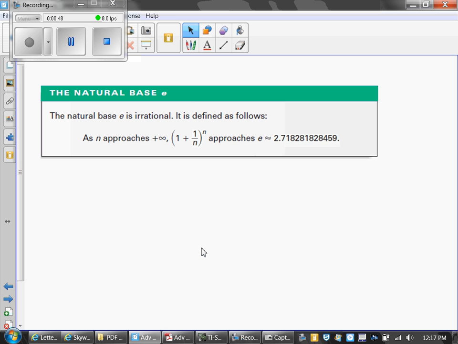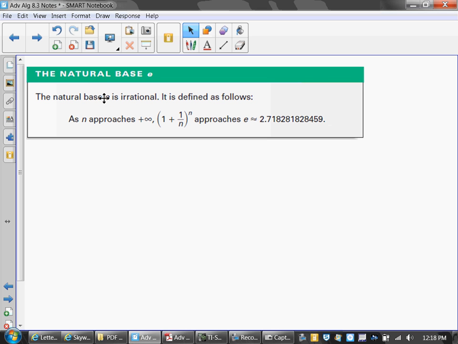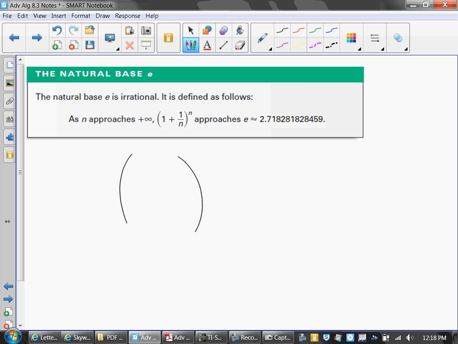It's called natural base. And as we get into this more and more, the second half of this chapter deals with what are called logarithms. And natural base and logarithms all kind of go hand in hand. Where this comes from is the following, and in this case we're going to call this just a statement. Later on in math, you're going to look at this as an infinite series. If you take this parenthesis junk of 1 plus 1 over n to the n, as the n values get larger and larger and larger, that number that it approaches is